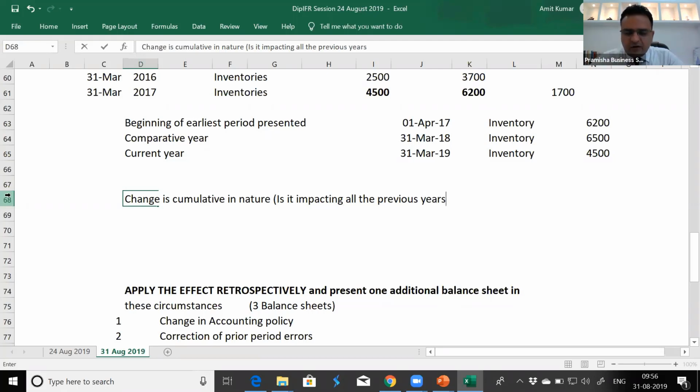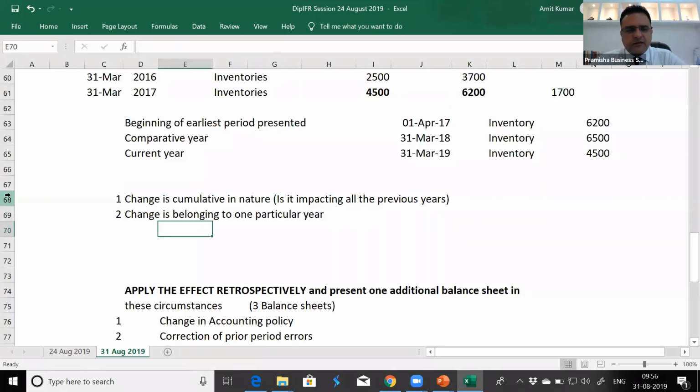If it is impacting all the previous years, then the final balance on recalculation is the new balance. And if the change is not cumulative in nature, if the change is belonging to one particular year,